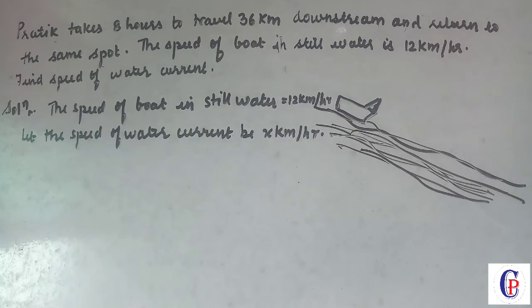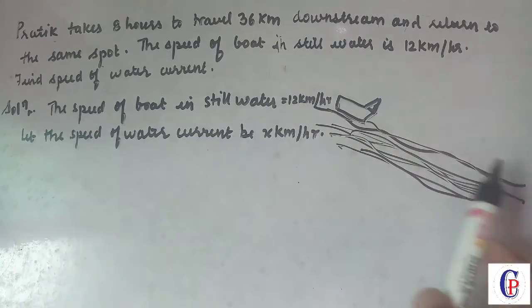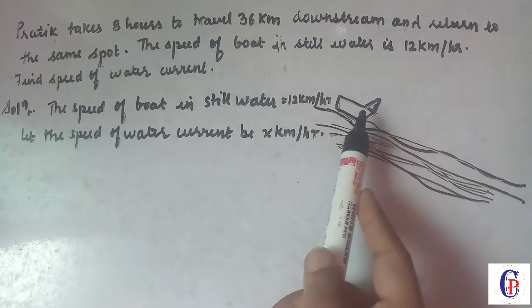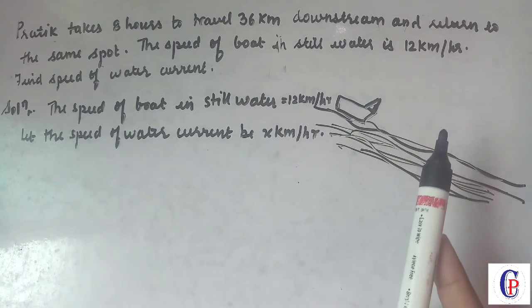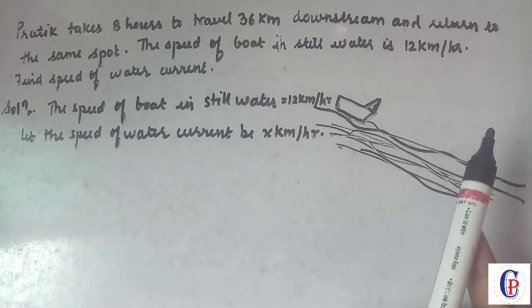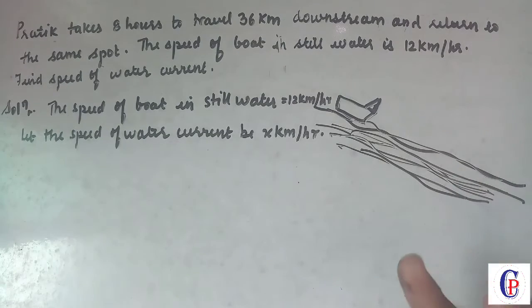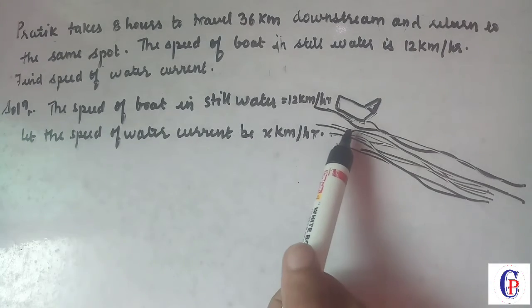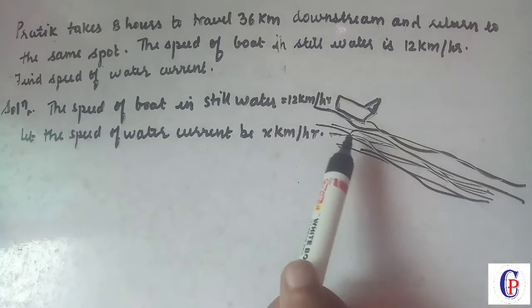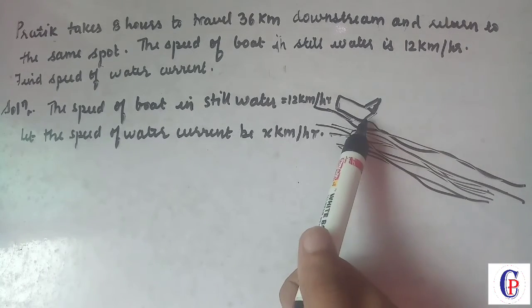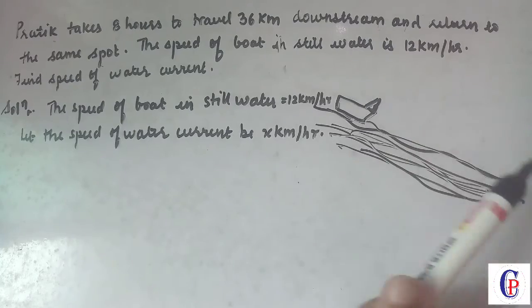It is just a stream, so naturally by gravity the water flows down. So when the water flows down, the speed of the boat and the speed of the water get added. Now why? Because just assume that you are riding a bicycle and your friend pushes you from behind. If you are pushed from behind, what happens? Your speed increases, right? Similarly, if this water is flowing downwards, this speed of water will add to the speed of the boat. It will help the boat to move faster.